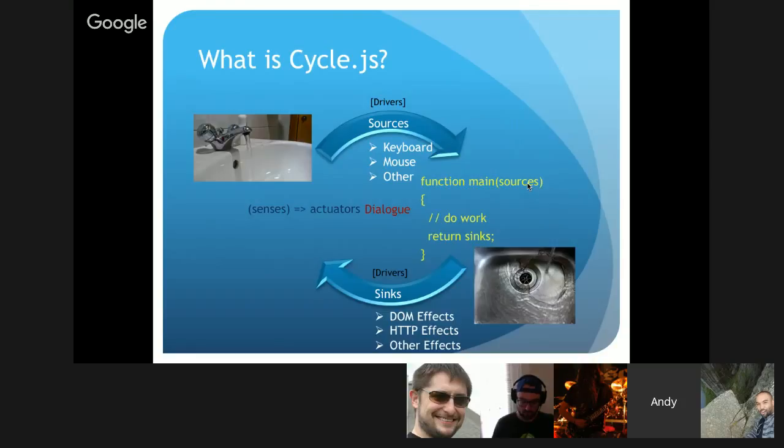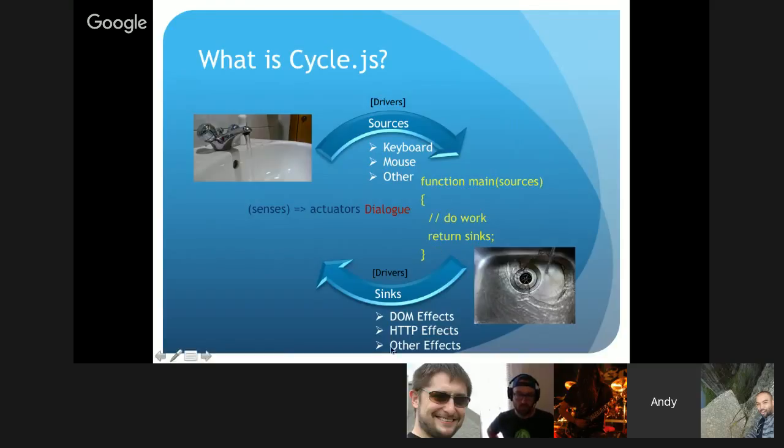It could be web events coming from some web call, or it could even be user input from a keyboard, mouse, or multiple pieces of hardware. Finally, though, once the work is done, it has to sink it somewhere, so it actually returns the sinks. So this is the simplified way of thinking about computer programs in general that CycleJS actually implements